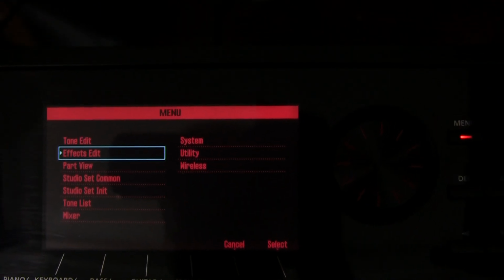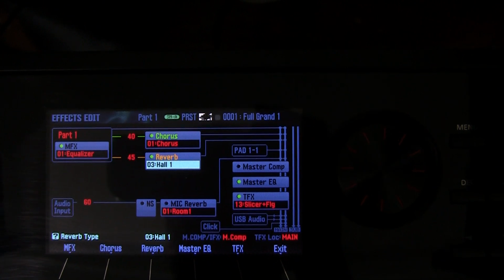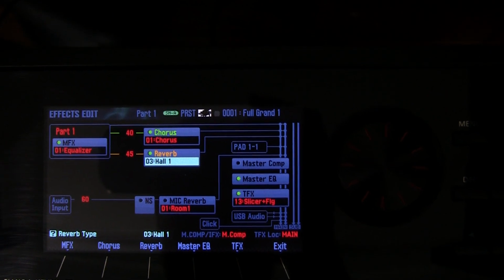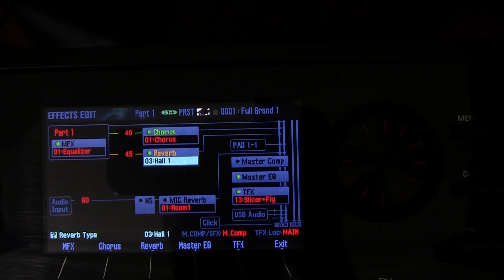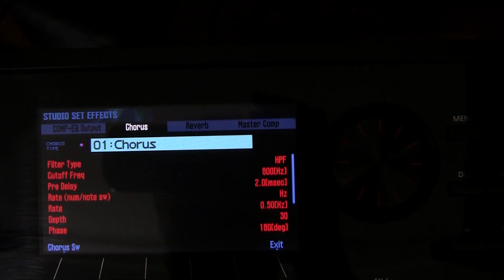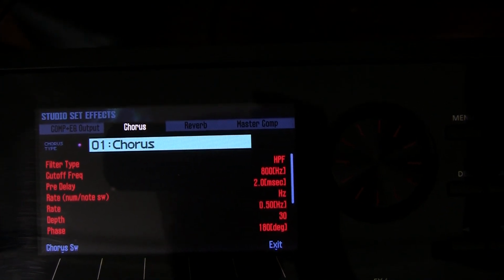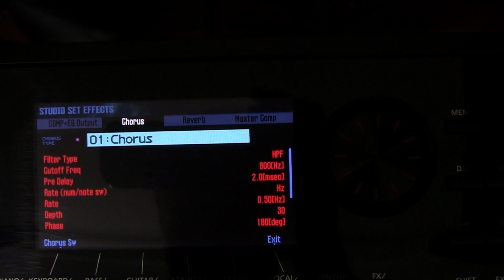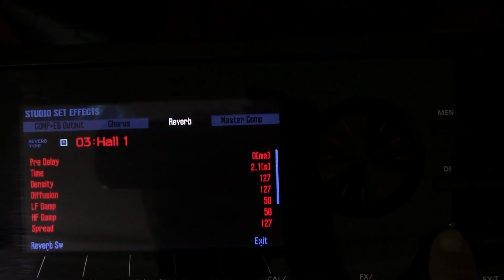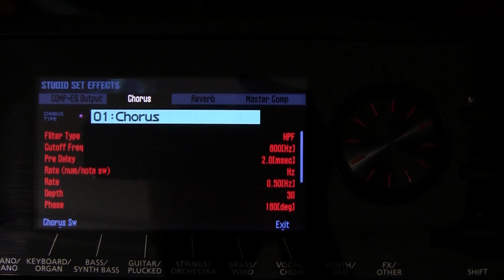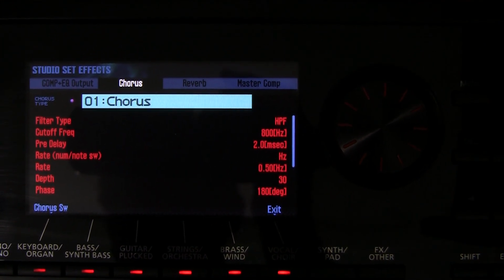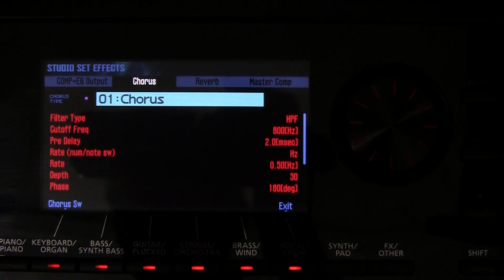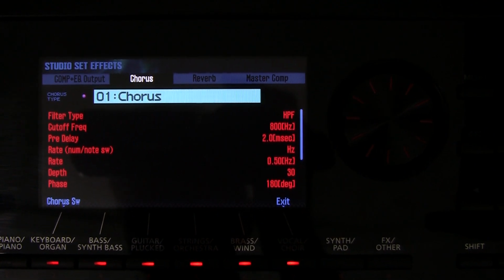In the main menu we move to the effects edit screen, and then from there we select, notice we can select chorus and reverb. So if we press chorus or reverb, it carries us to the studio set effects screen, as you see there, and we're right on chorus, or we can switch to reverb. Now notice when we're on chorus and I rotate the chorus knob in the bottom row, which is knob 3, with the arrow pointing to the very bottom row,